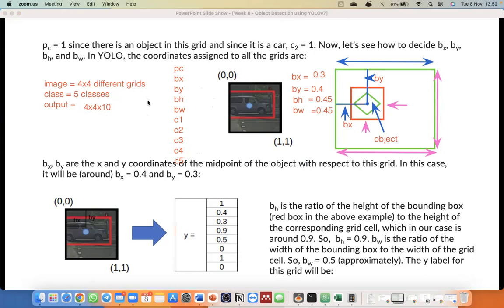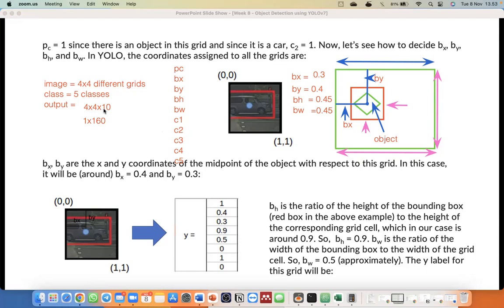Biasanya kalau nanti kita implementasikan di TensorFlow, the output will be 1 times 160. Ukurannya 4 kali 4 kali 10, tapi biasanya kita akan flatten output-nya. So we will change the matrix into a vector. So the final shape of the vector will be 1 times 160.